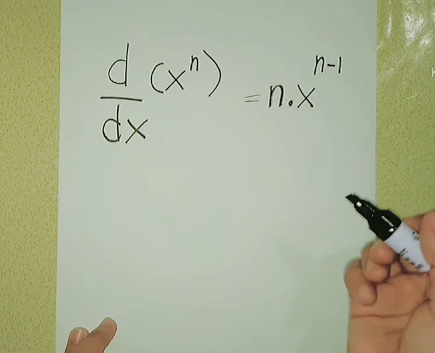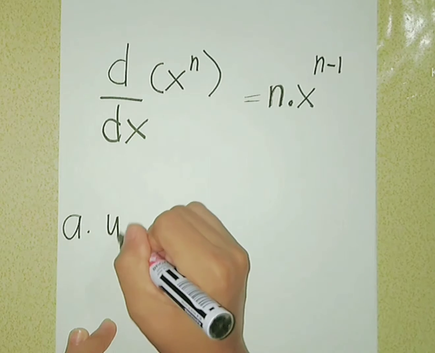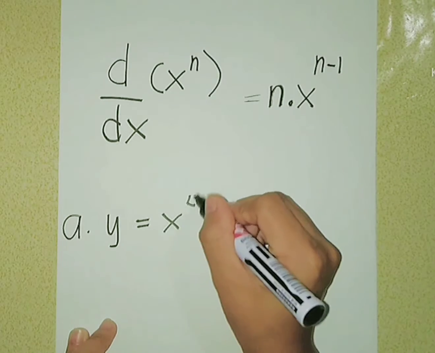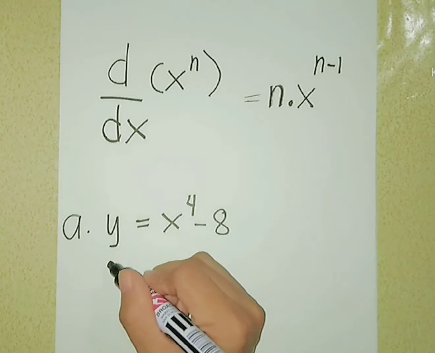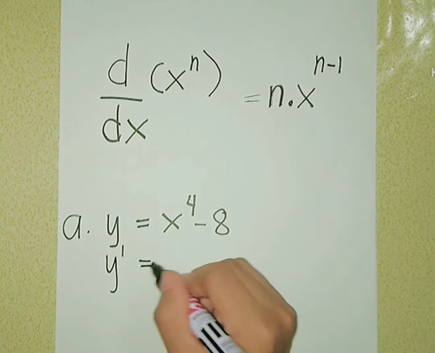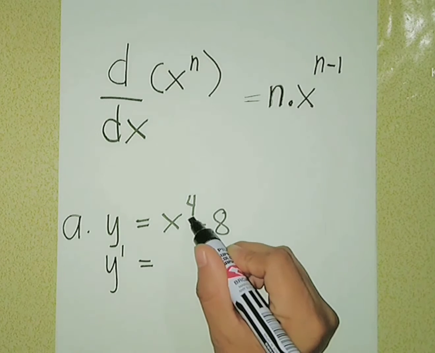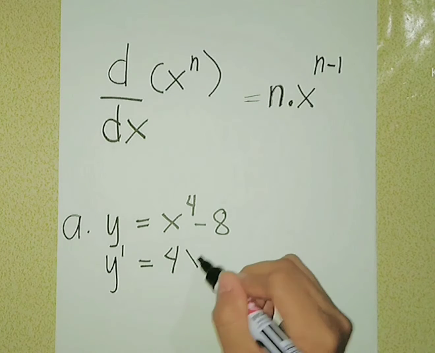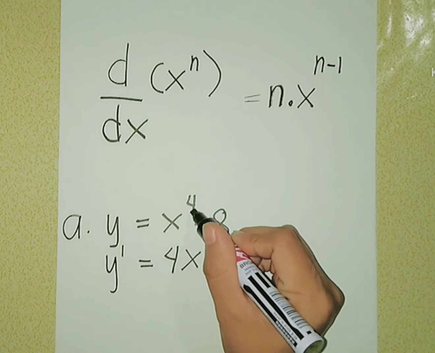The first one is y equals x raised to 4 minus 8. So the derivative of y is y prime equals, so by applying the power rule, this 4, our exponent, is going to come right in front. So we have 4 and then multiply by x raised to n minus 1, where our n is 4, minus 1 equals